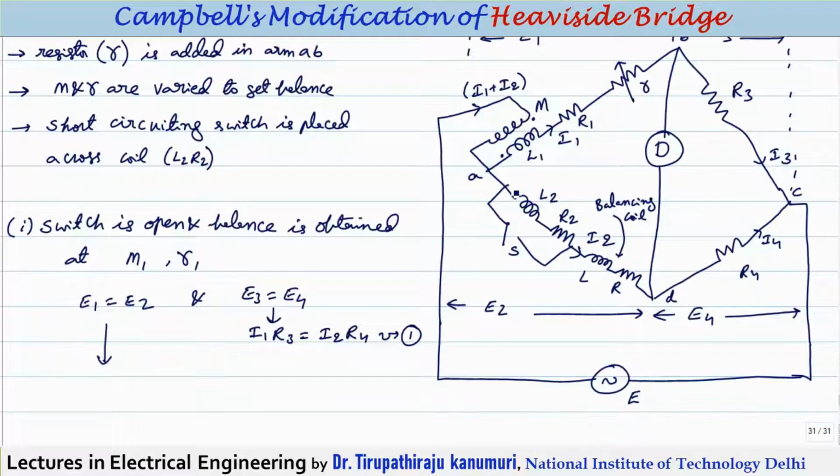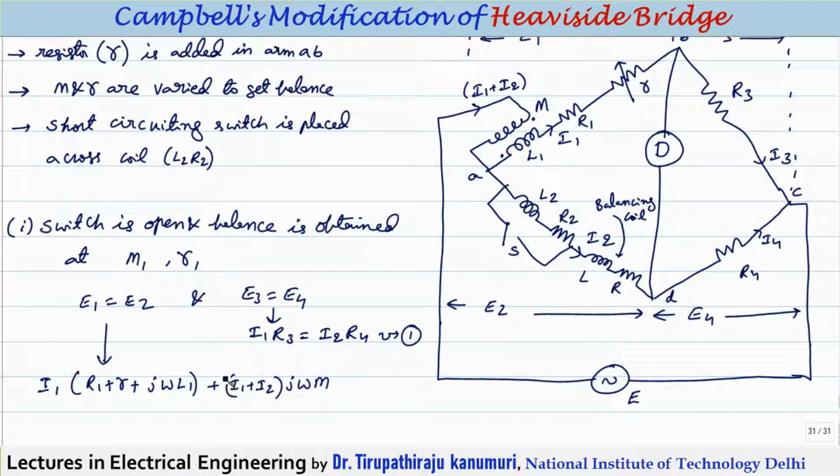So let us try to write the equation for this one. I1 is passing through this coil. I1 into (R1 plus small r plus j omega L1). And because of the mutual inductance, it is (I1 plus I2) times j omega M, because the current passing through this mutual inductance is I1 plus I2. It is positive because current is entering the dot of both the coils.